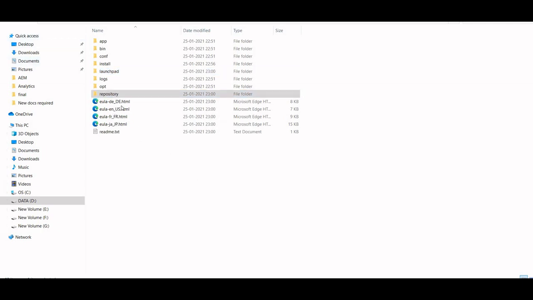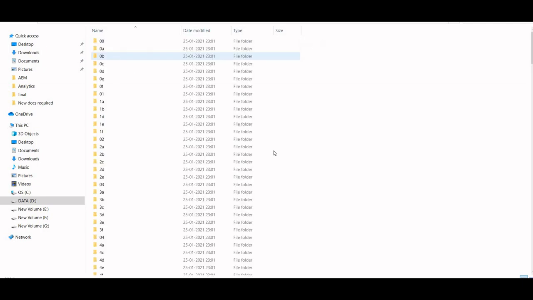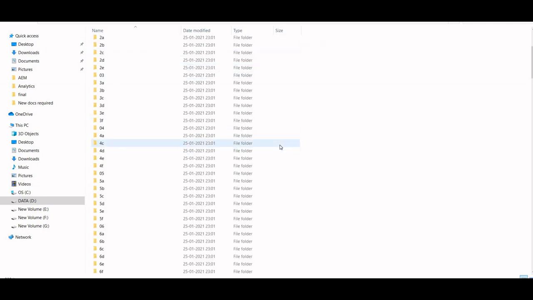So it will take time, but meanwhile inside crx quickstart, there will be a folder called repository. It will be created. Just click on that, and inside there will be another repository folder, and then datastore. Inside upload you will find multiple folders. Once this upload is complete and everything is moved to S3, this folder will become empty, meaning everything is uploaded to S3.